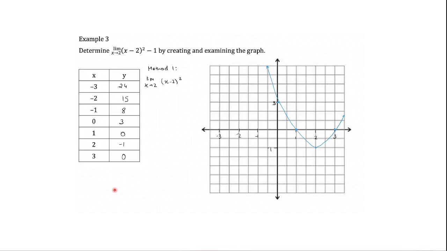Which is going to be equal to letting x be equal to 2, which of course is going to be equal to 0 minus 1, which is equal to -1. And of course, that's going to be our limit. Or method 2,